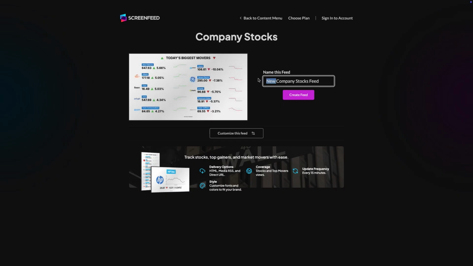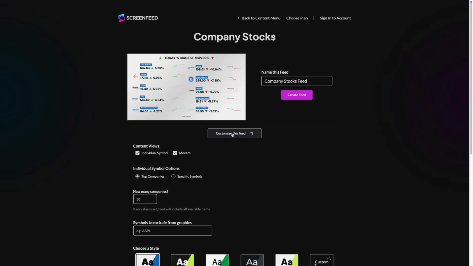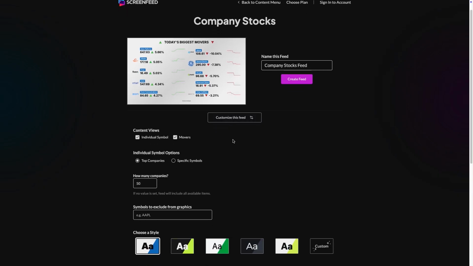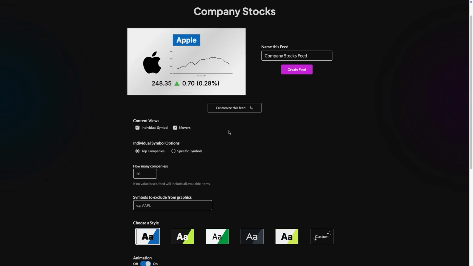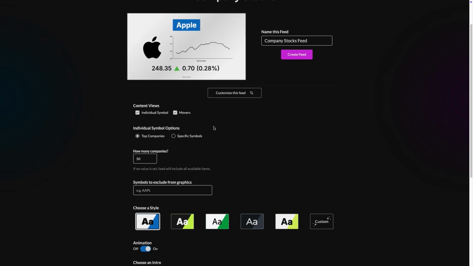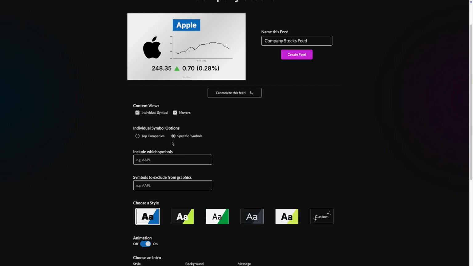To the right of the preview, set a custom name for the feed. Click the Customize This button to make further customizations. Choose your content views. Once again, available content views are individual symbol or movers. If individual symbol is selected, you have the option to include top companies. The default is the top 50 companies, and set the amount of companies you wish to include, or set your